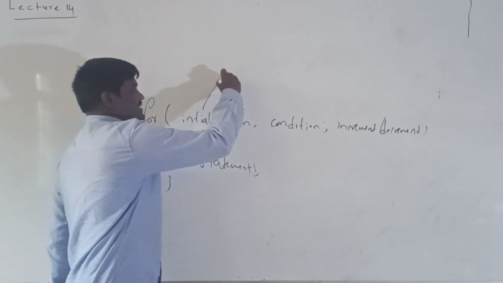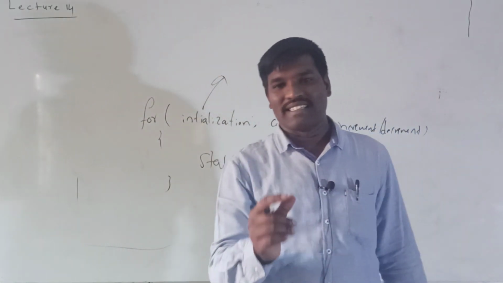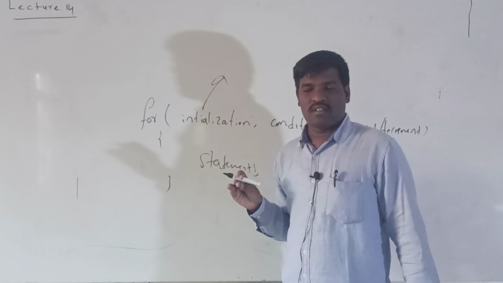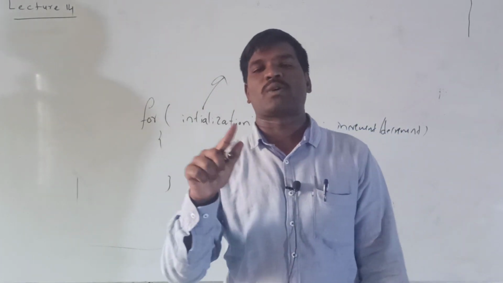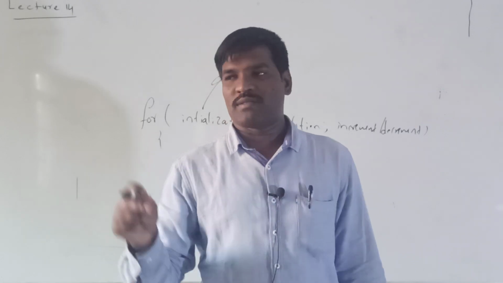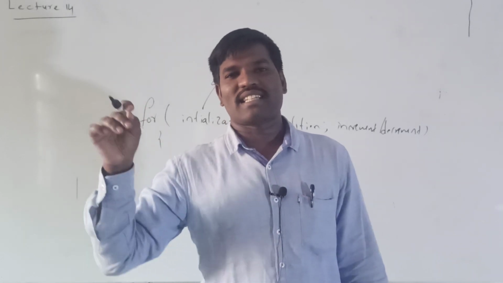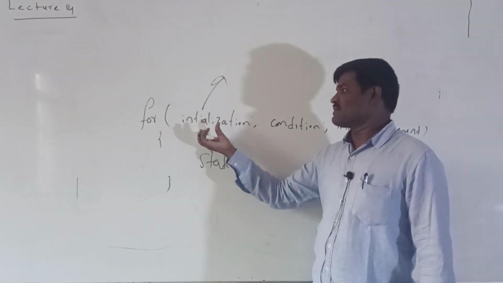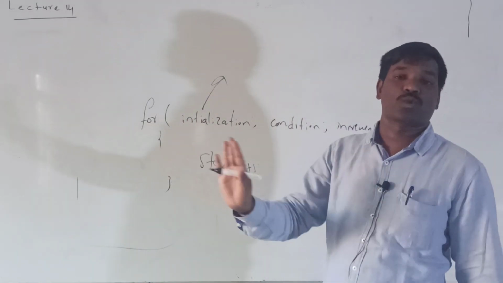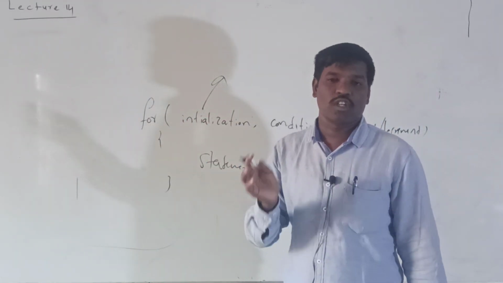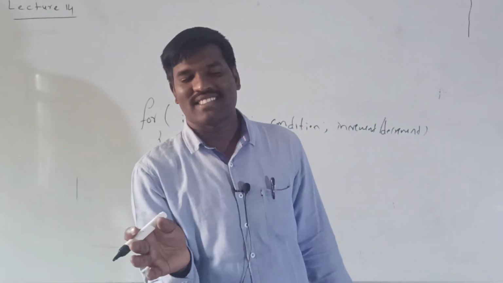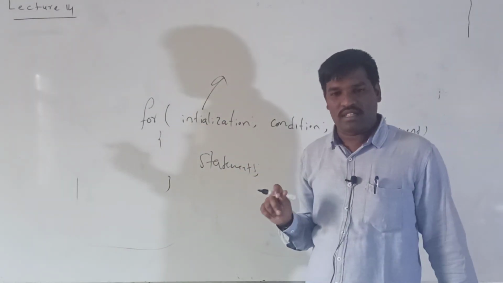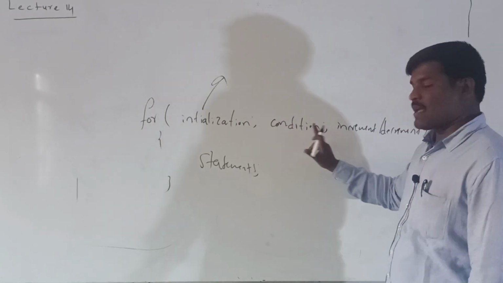See here, in the for loop the first step is initialization. Initialization means assigning some value to the variable. For example, if you want to print the numbers from 1 to 100, in while you initialize i is equal to 1 manually. But in the for loop, we initialize the variable here, like i is equal to 1. Depending upon the program, we have to initialize the variables. After initialization, you put one semicolon, and then it will come to the condition.